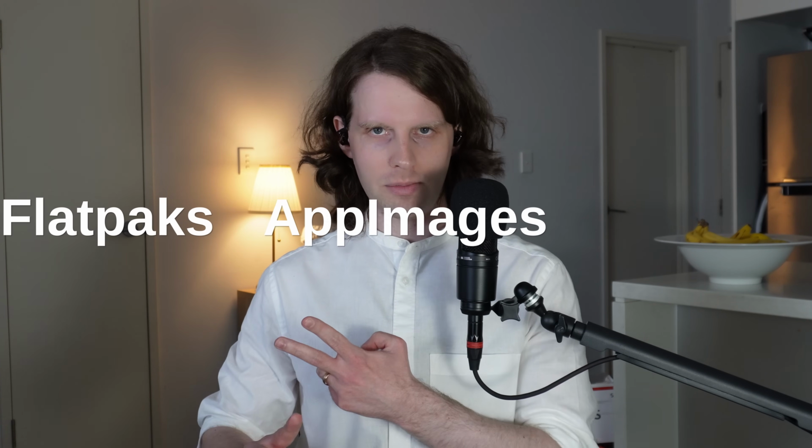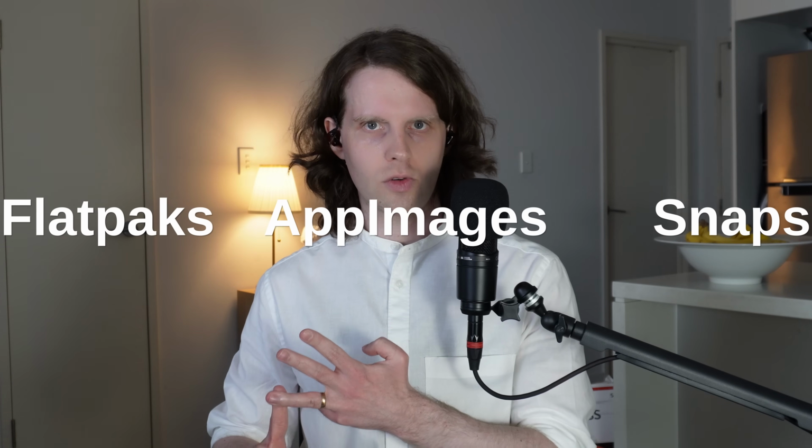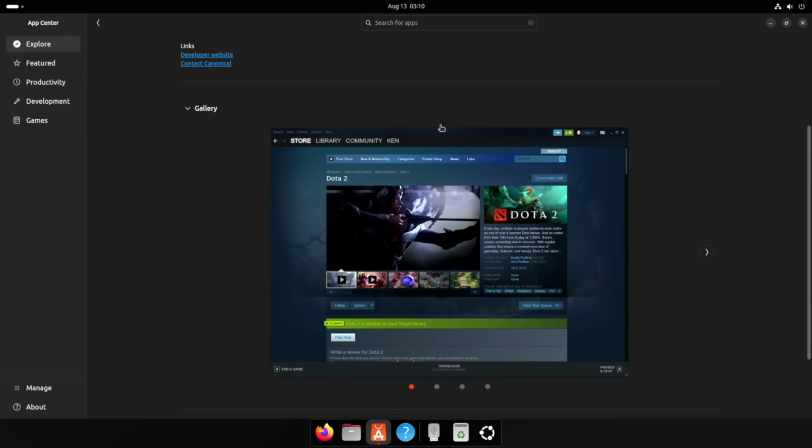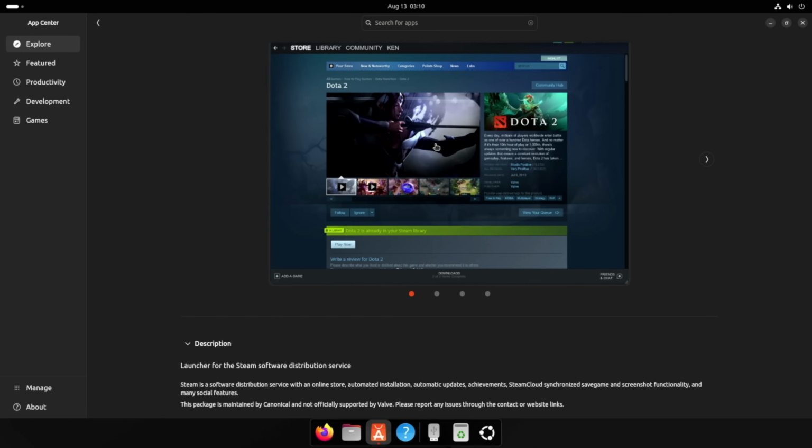You might remember in my first video that there are 3 package formats that are designed to work on every single distribution: Flatpaks, app images, and snaps. Ubuntu went all in on snaps. And it's not that they would prefer that you use snaps, it's that they are almost aggressively bullying you to use snaps. I'll back up that claim in just a moment. A beginner wouldn't have a clue about any of this and just install the Snap version of Steam. But Valve doesn't support the Snap version of Steam.